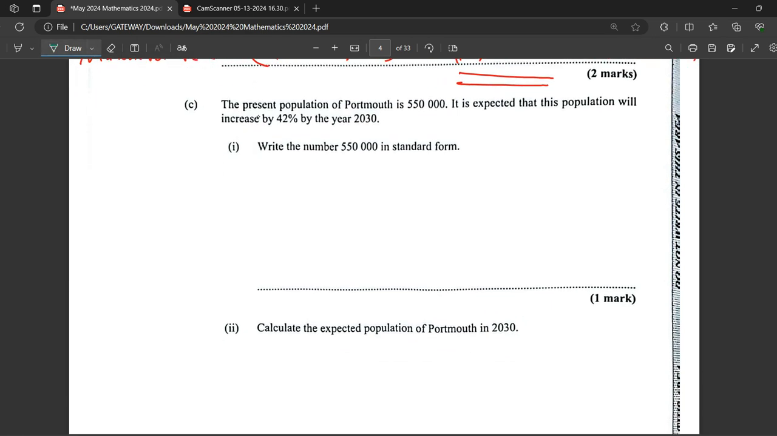So part C, the present population of Portsmouth is 550,000. It is expected that this population will increase by 42% by the year 2030. And the way you write this in standard form, that's really easy. Just give away marks. So 550,000, right? You know you have a decimal point here, so you have to shift this decimal point 1, 2, 3, 4, 5, just before the first non-zero digit. So write